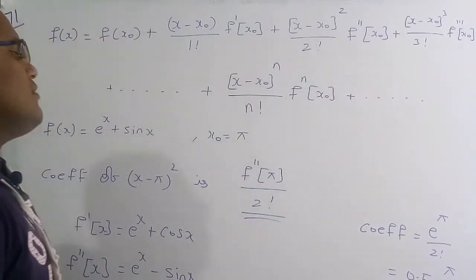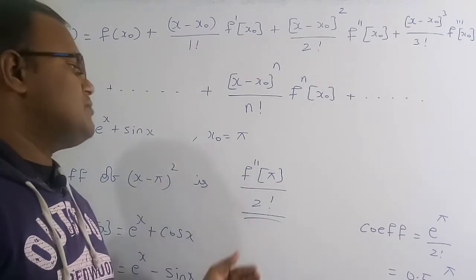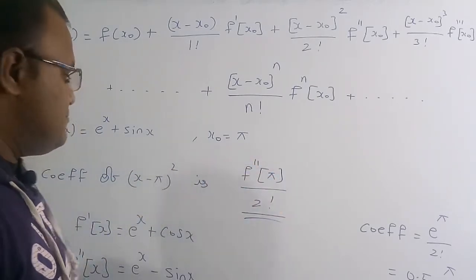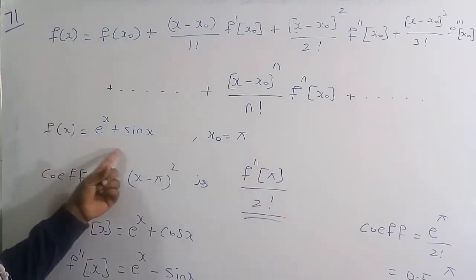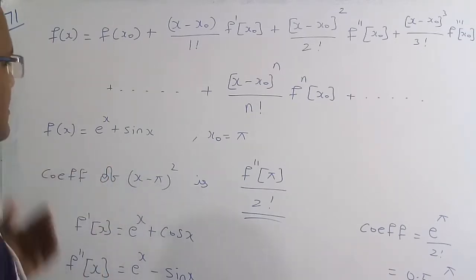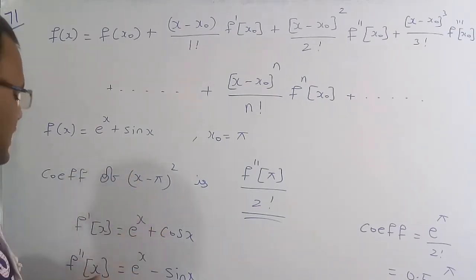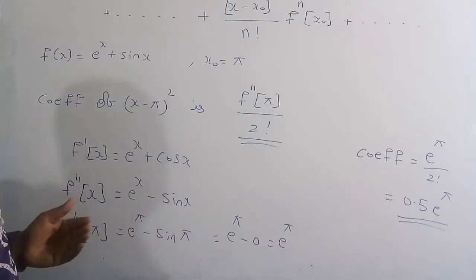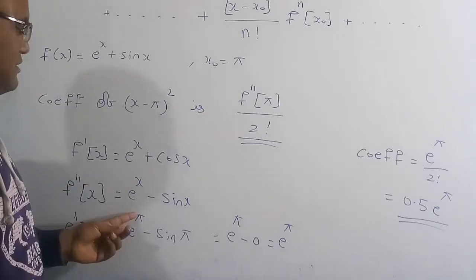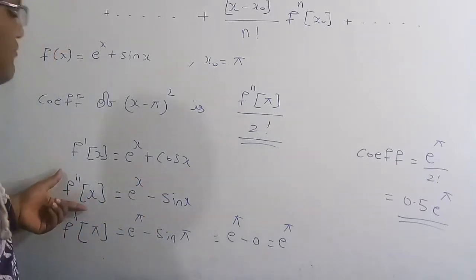In order to do this, we have to find the double derivative, and then substitute the value of pi in place of x, and then figure out the value of f double dash of pi. So f of x is equal to e to the power of x plus sin x. Therefore f dash of x is equal to e to the power of x, whose differentiation is the same, e to the power of x, and the differentiation of sin x is cos x. Again we go for another differentiation: f double dash of x is equal to e to the power of x, whose differentiation is the same, and cos x differentiation is minus sin x. So this is the f double dash of x.